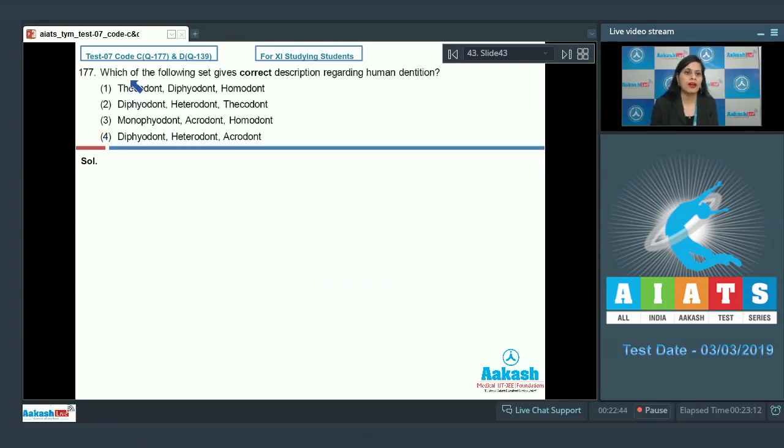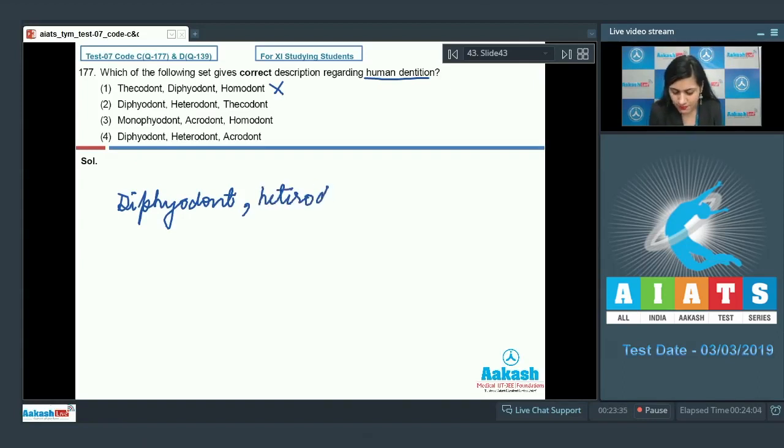Question number 177. Which of the following set gives correct description regarding human dentition? And the very first option is thecodont, diaphyodont and homodont. And this is an incorrect option because human dentition is represented as diaphyodont, as humans have 2 sets of teeth in their lifetime; heterodont, as humans have 4 different types of teeth, that is canine, incisors, premolars and molars;